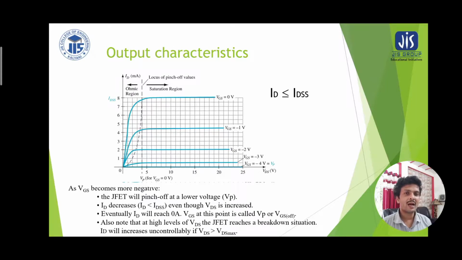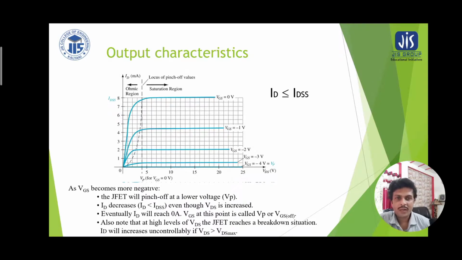That is why the height of the saturation current is gradually decreasing, and after a certain gate to source voltage we are not getting any. When VGS equals minus 4 volt, the channel has reached pinch off, the channel has been pinched off. That means we are finding no flow of charge carriers through the channel, and this is known as the threshold voltage for the channel, which is applied to the gate to source terminal. That is why none of the charge carriers will flow.